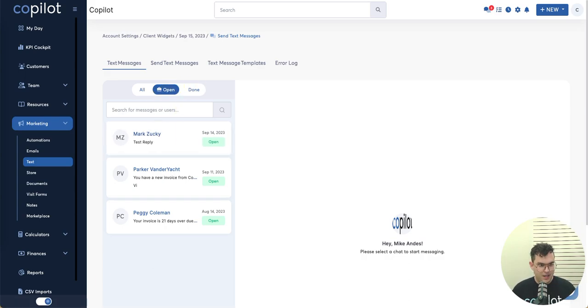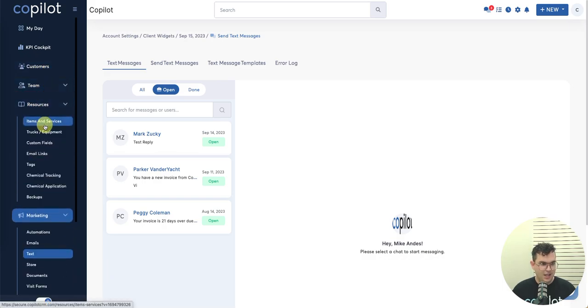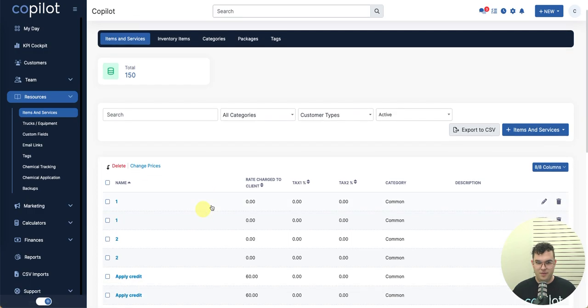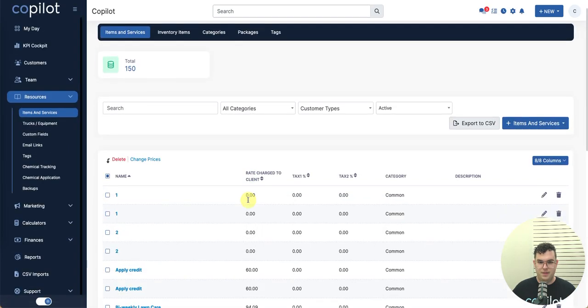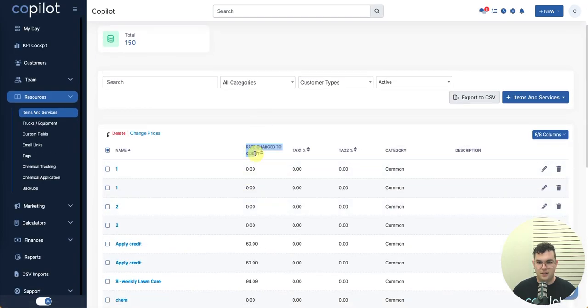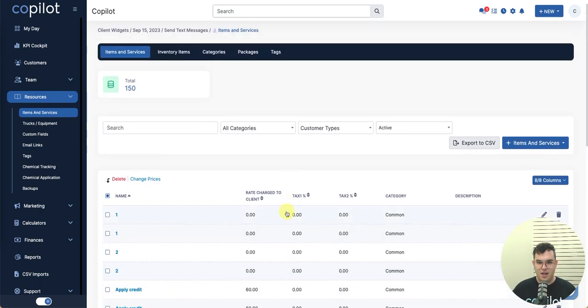And the next update is a very small one, but it has big implications, and that is on the items and services. You'll just notice that when you're creating a new item or service, this cost box has been renamed to rate charged to client. It also says it on the list here, rate charged to client instead of cost. And this is really just a simple verbiage change, but what this is actually allowing is we are very soon going to be fully natively integrated with